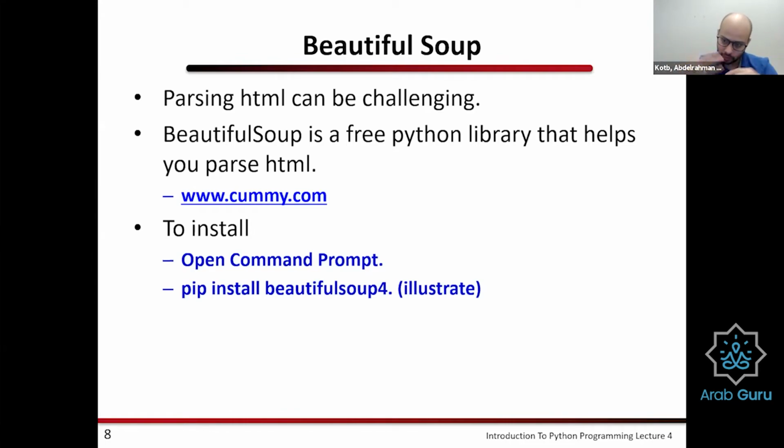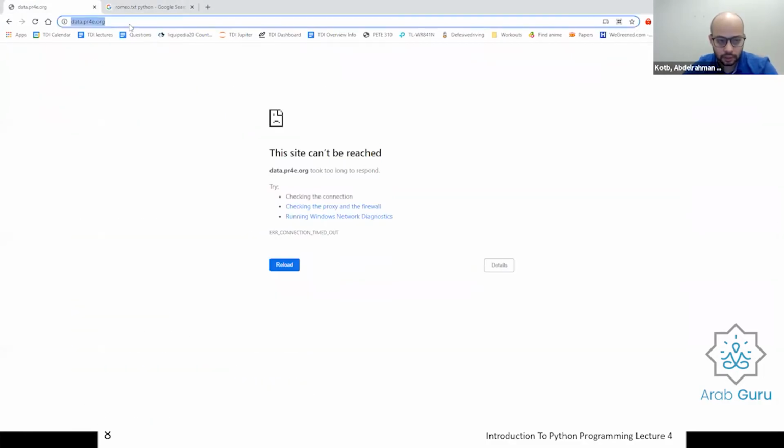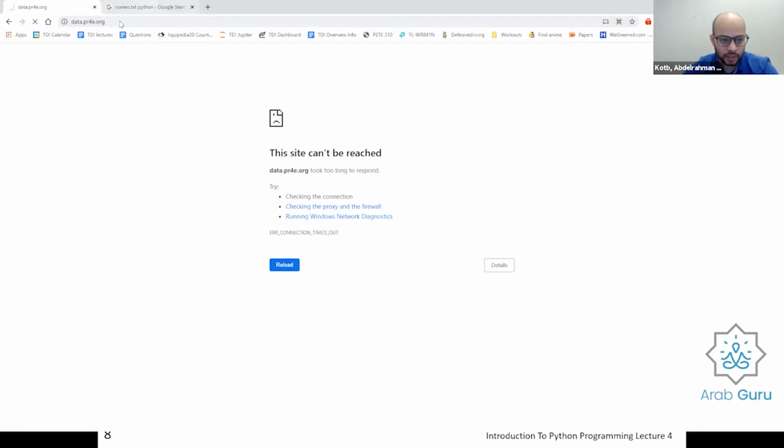So as we said, I actually want to show you an example of an HTML file. An HTML file is very challenging. Let me show you an example. Let's try it one last time. If it doesn't work, it doesn't work. Good.